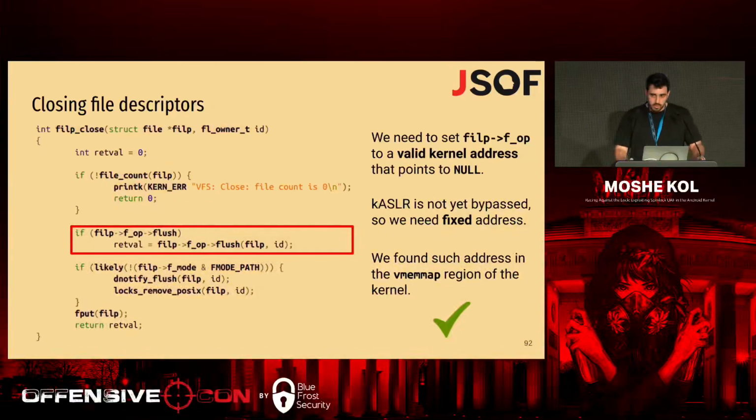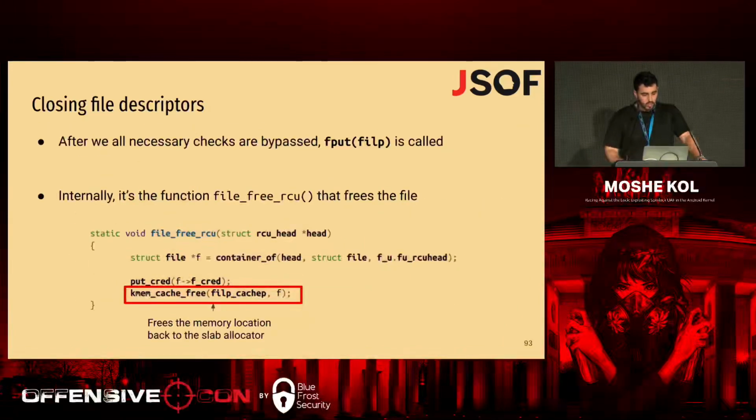This memory location is not subject to KASLR, so it lies at a fixed virtual address, and we found some 8 bytes of nulls there. So we use this virtual address. We managed to skip all of these if conditions and reach the fput line, where